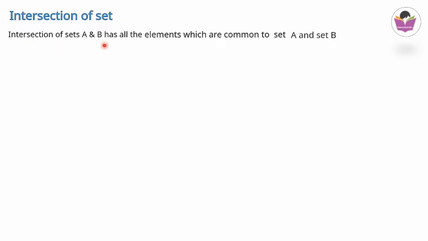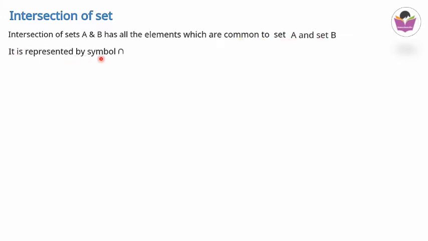So what we have to do for writing the intersection of sets is just see the elements in the sets, and if there is anything common in those two or more sets, then we can collect those elements and write that, which is called the intersection of sets. Intersection means common and union means together. Just to collect the elements together, we form the union of sets, while for the intersection, we have to check the common elements, collect and write them.